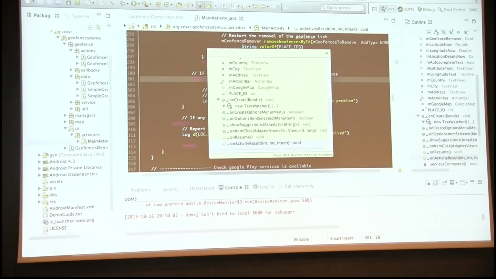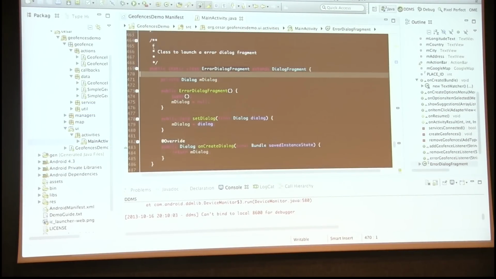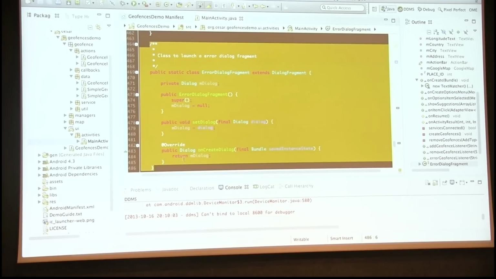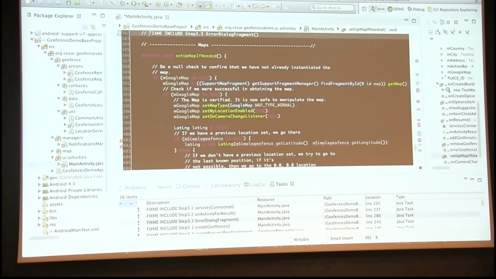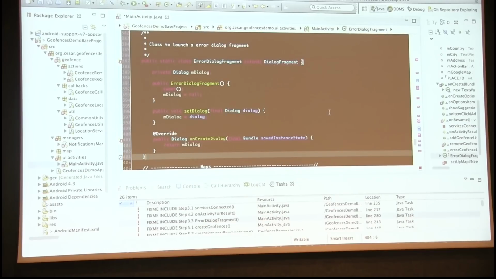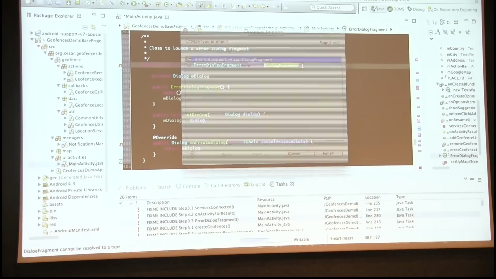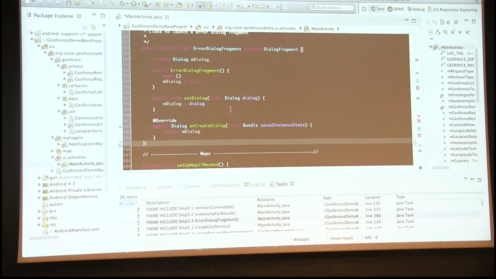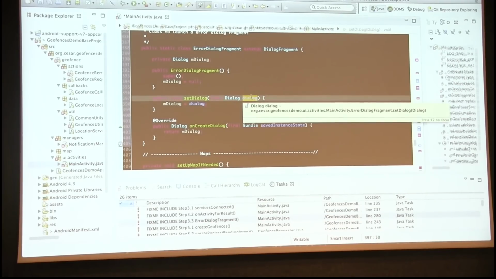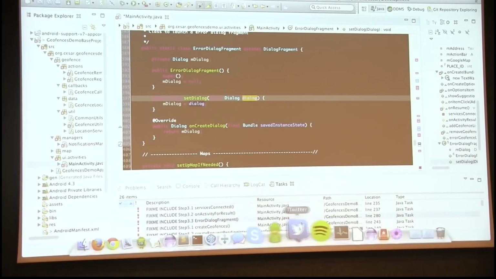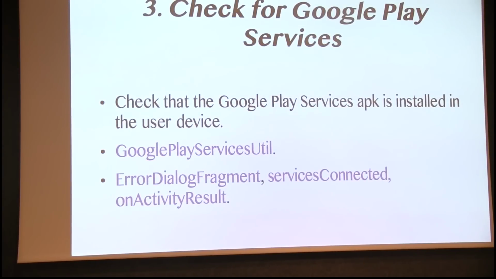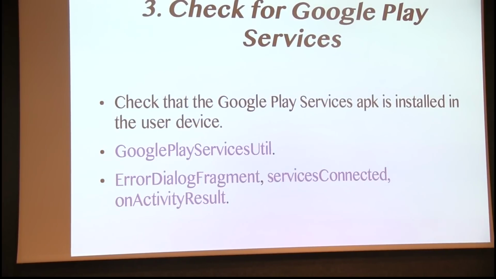This is the error dialog. So this is the dialog that we are going to use. And yeah, it's a normal dialog. So this dialog was created by Google Play Services, so that here we just show it. And these are the things that we have to do to check we have the Google Play Services APK installed